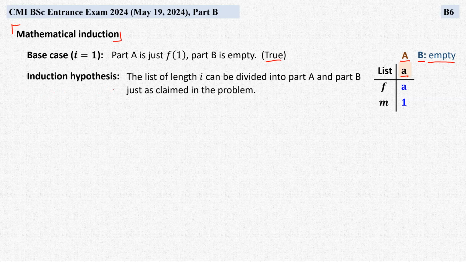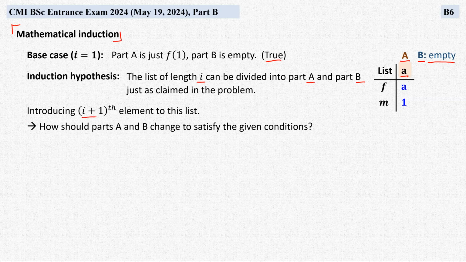Next, we need an induction hypothesis, which is that a list having length of i can be divided into 2 parts A and B, satisfying the conditions given in the problem. Then we consider introducing the i plus 1th element to the list, and we have to think about this. How should parts A and B change so that the parts in the new list still satisfy the conditions given in the problem? We need case division, and let's think about the first case, that is when m of i